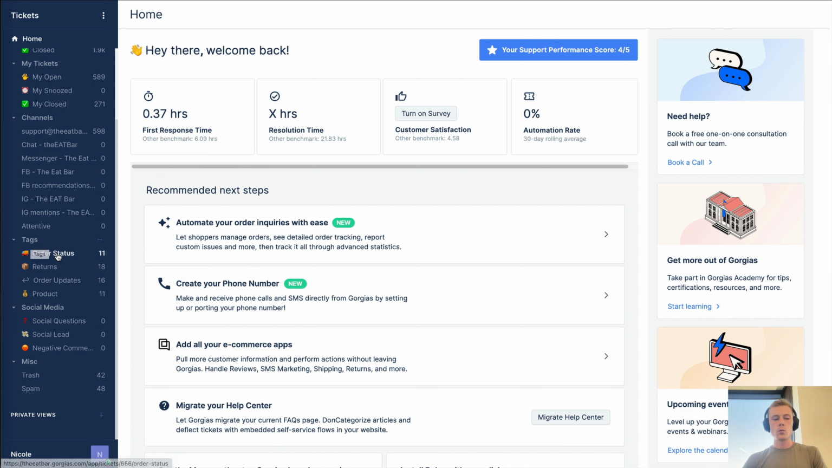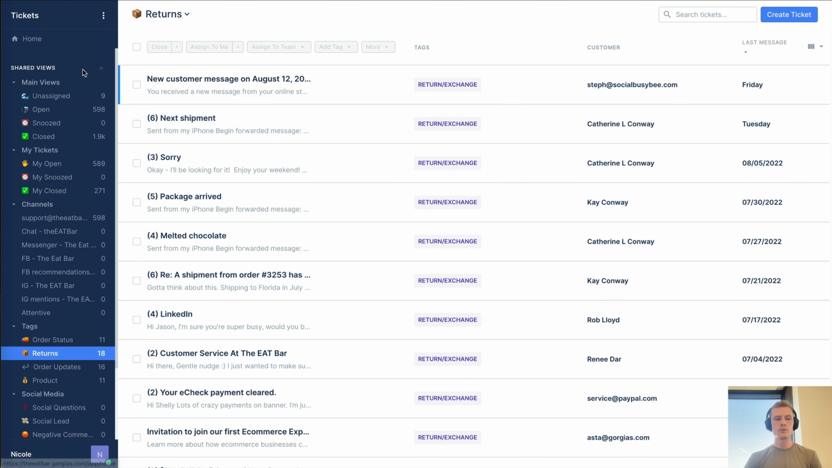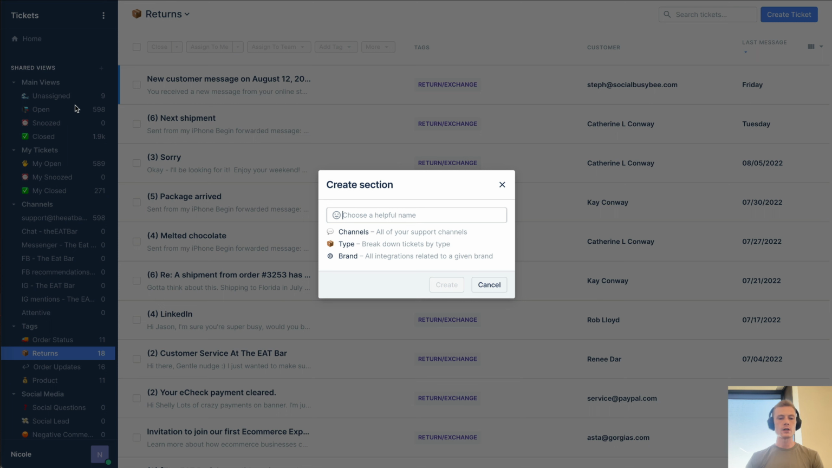You can look at ones that are about order status or about returns, and then if I click on this, you can rename any of these sections. You can also go ahead and look at social media specific and then miscellaneous too. And then if you want to create private views, you can go ahead and do that here. So you can create a view or you can create a section, but you can do the same for shared views up here too. So let's say I want to create a new section,